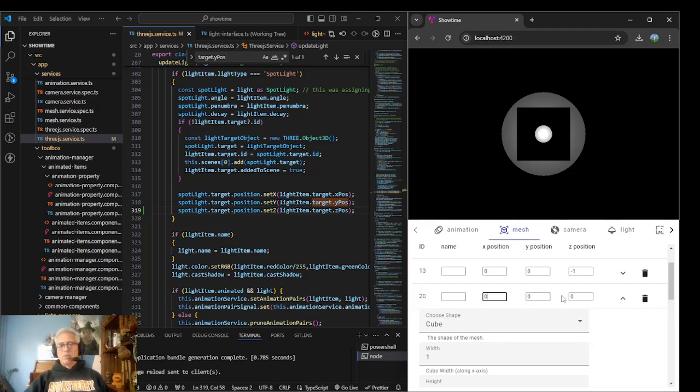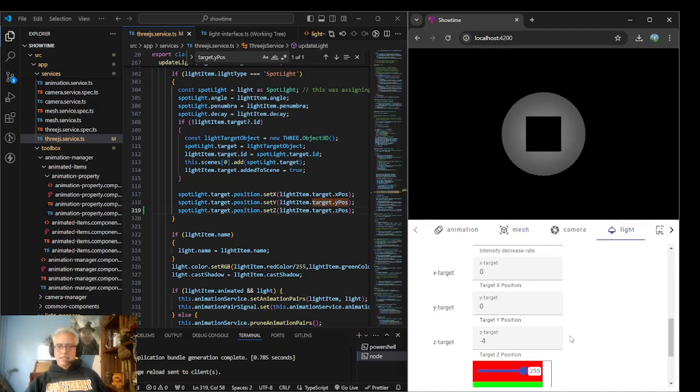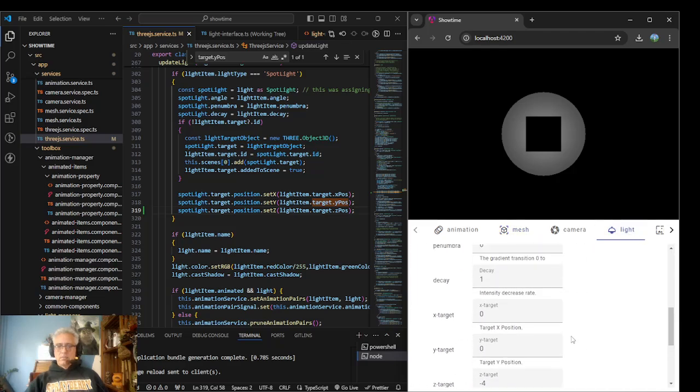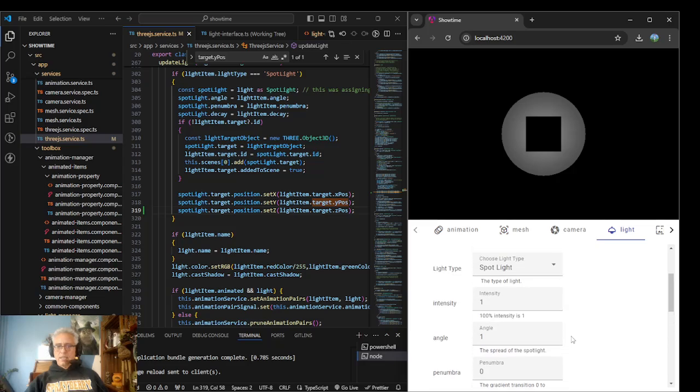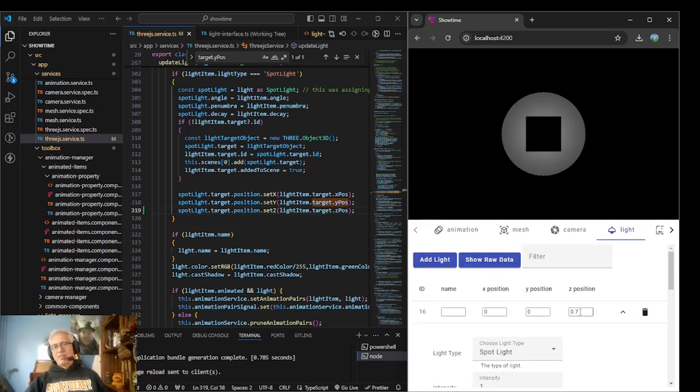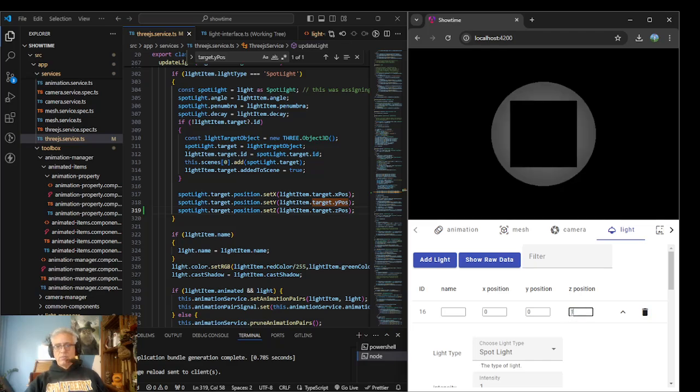So I don't really know what we're looking at there. That is weird. Okay, so the spotlight, because it's closer, the spotlight is hitting it. So what if I make it a 1? So you can't see it at all. And now where's my light? My light is at 0.7. Okay, so the light is actually inside of there. So if I make that a 1,